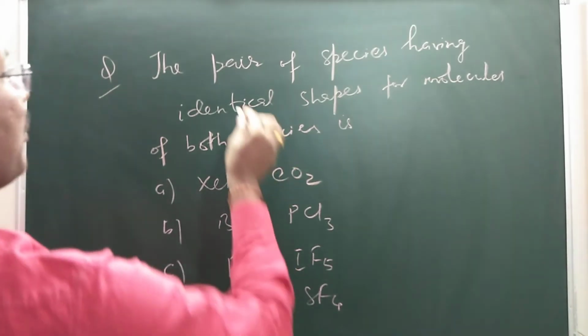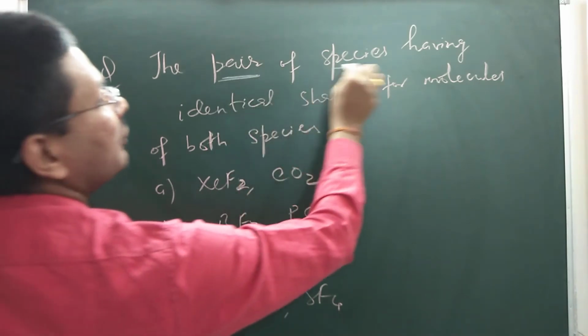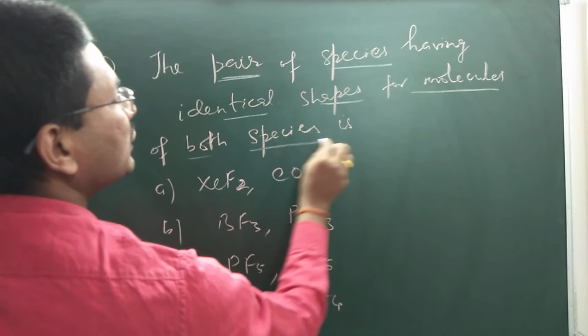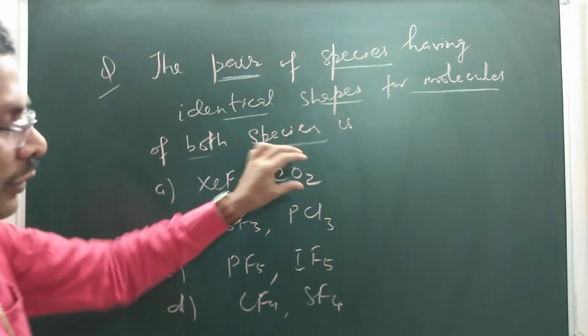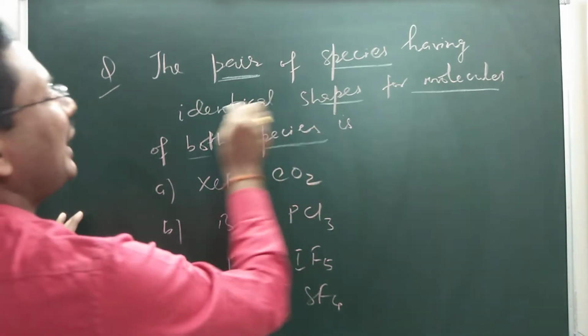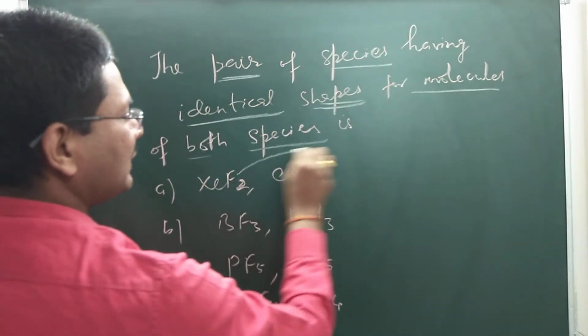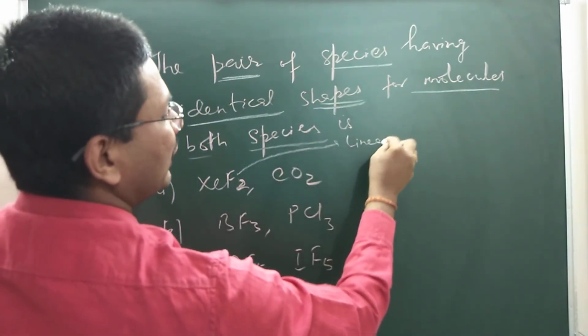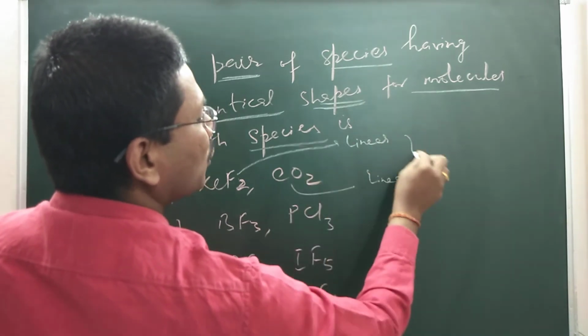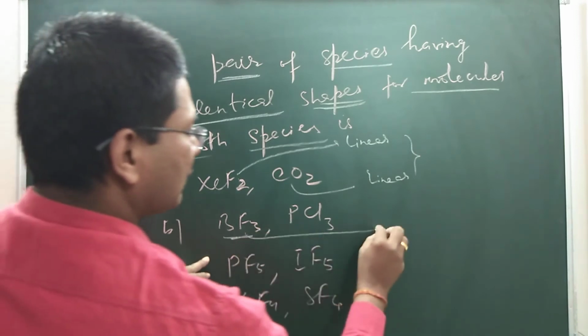Let's see another question. The pair of species having identical shapes for molecules of both species. So we have to find out the pair where both the species have the same shape, meaning identical shapes. So XeF2 is linear, as I have already discussed, and CO2 is also linear. Hybridization may differ, but both are the same. Now BF3 is trigonal planar,